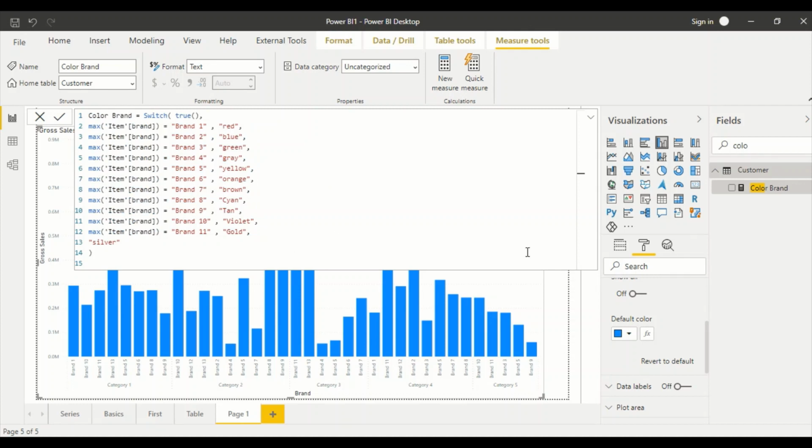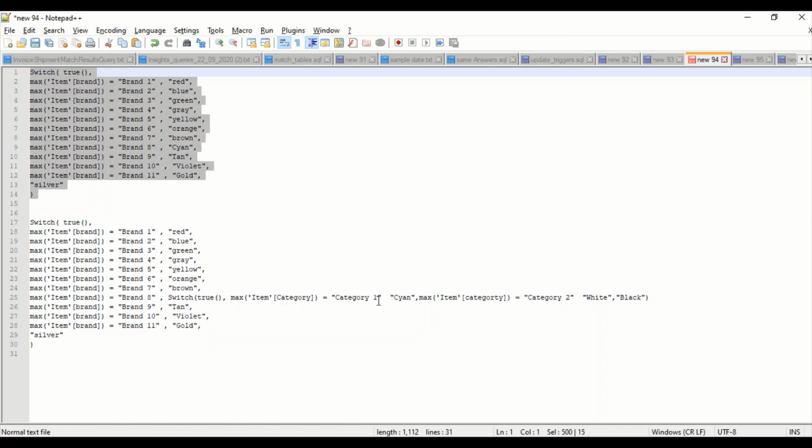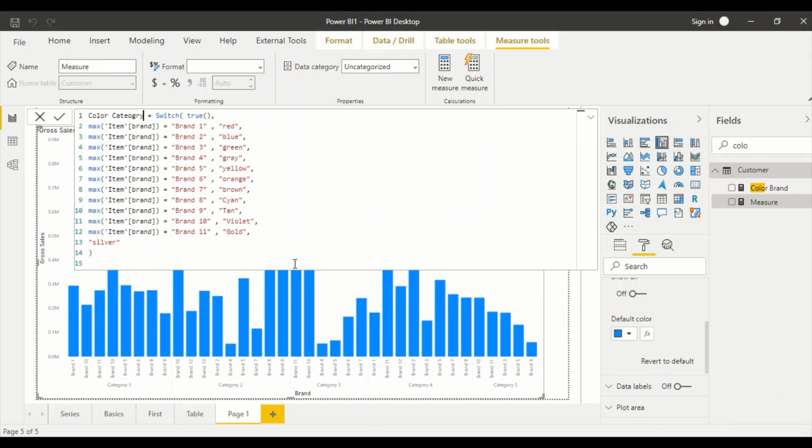So maybe we would like to create one more measure for category. And here we need to be a bit more careful. Let me go ahead and pick up one category from here, and first of all, let me change this column as category, and I'll call it category 1. Let me copy paste stuff.